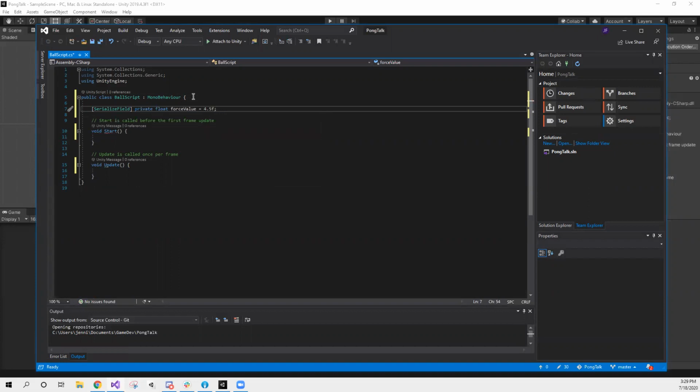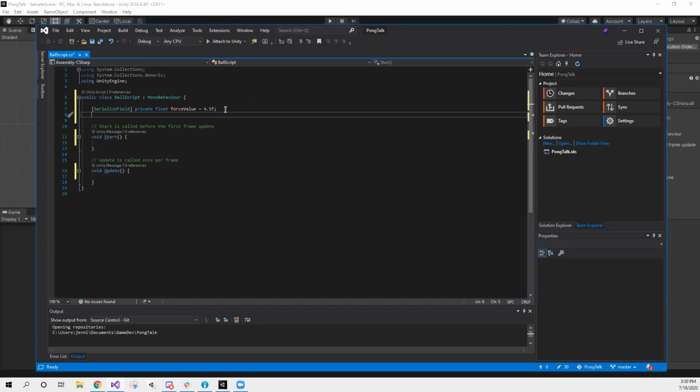This is going to help us when our ball starts and when our game starts. We want our ball to have kind of like a push so it could get started. And then making it a serialized field and private. So serialized field will make sure we can see it in Unity and we can adjust it. And then the private keeps it from other people being able to adjust it if they were doing something else